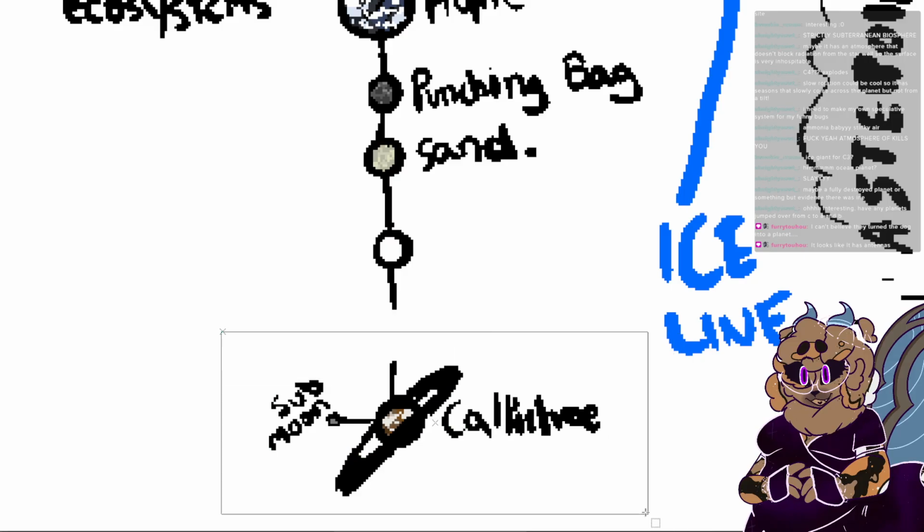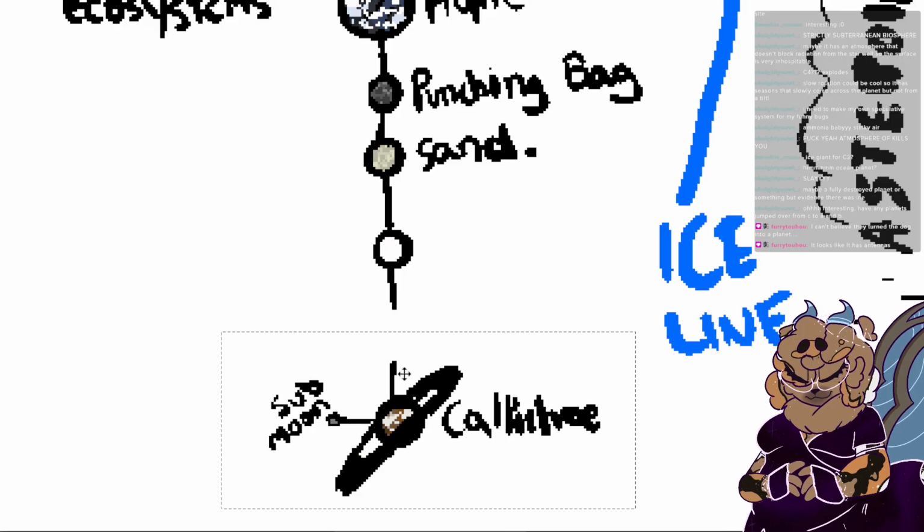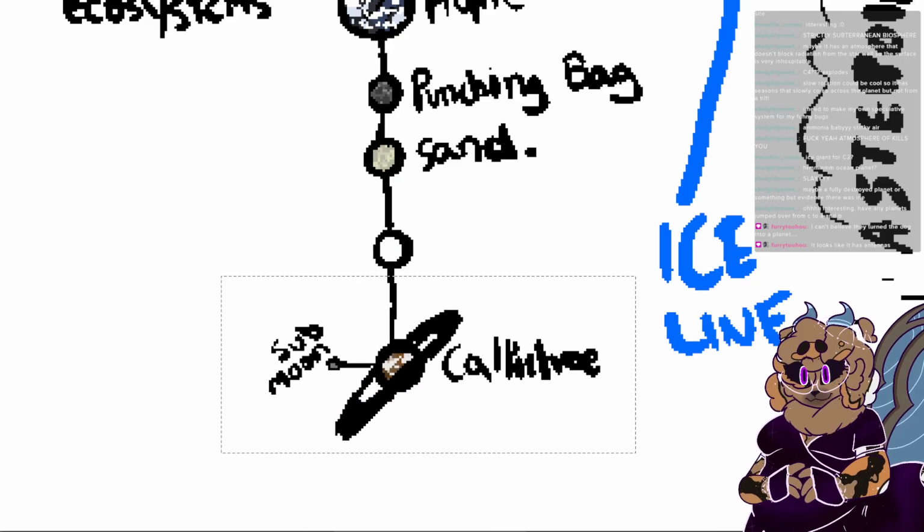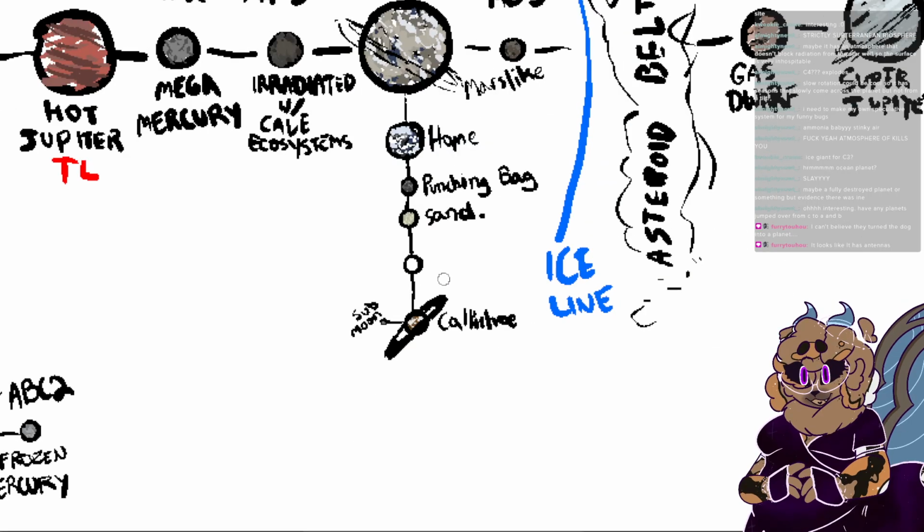Guys, this is orbit slop, guys. You literally like it just because it's planets. This is orbit slop. What am I saying? Okay, anyways,